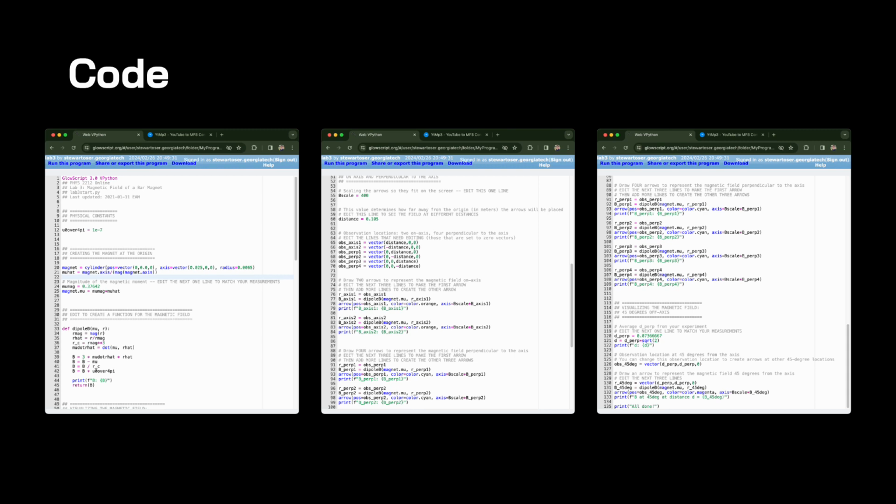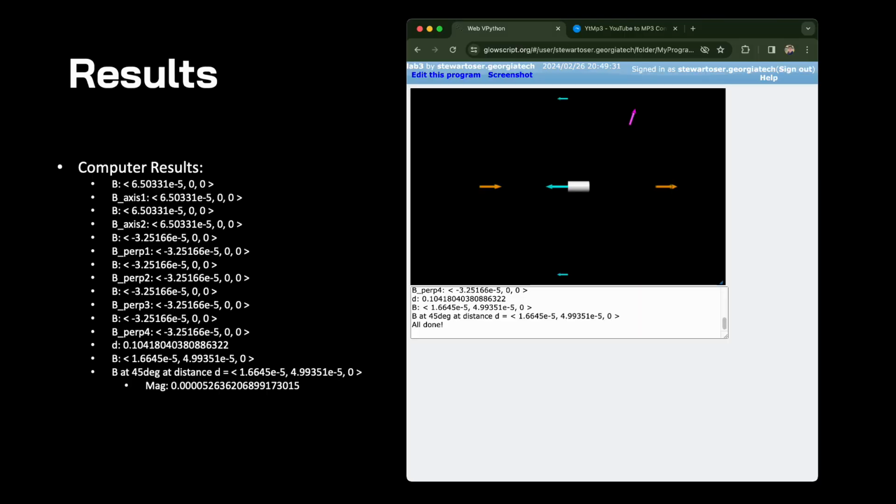We set up a few observation axes, each that are on a distance on one of the axes away. And then for r of axis, we just set the r axis to be the observation axis, and then we apply our function to calculate B, and then we create a vector arrow with those properties, and we do that for each of the on-axis and each of the off-axis. And so then we do a 45-degree calculation, and then we will get a value for that of the magnitude to be